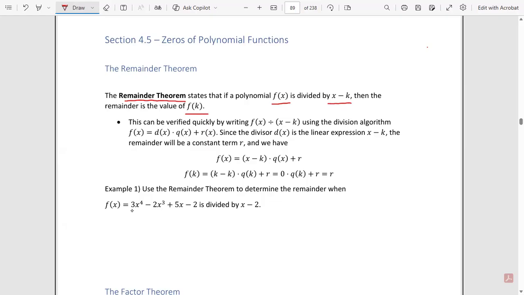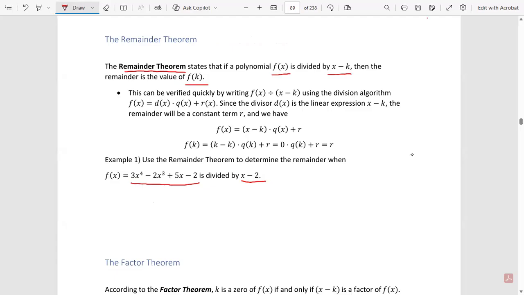It means if you divide this polynomial by x minus 2, the remainder of this division should be the same as replacing 2 into this function. Why do I say 2? Because 2 is the number that makes the divisor 0. If you set the divisor equal to 0, you see that x is equal to 2. And if you replace all of the x's by 2,